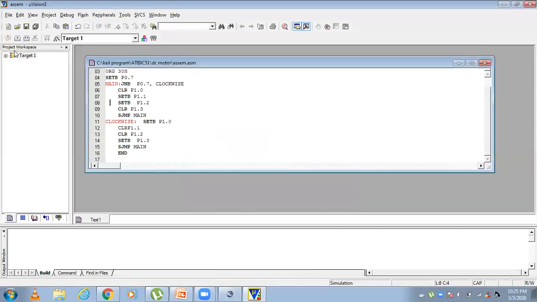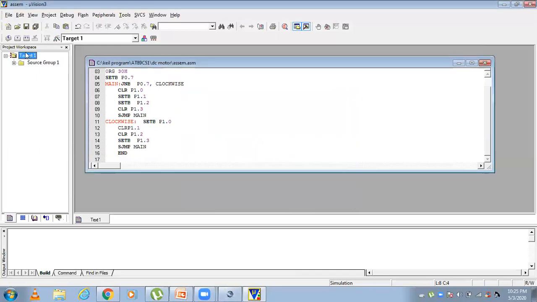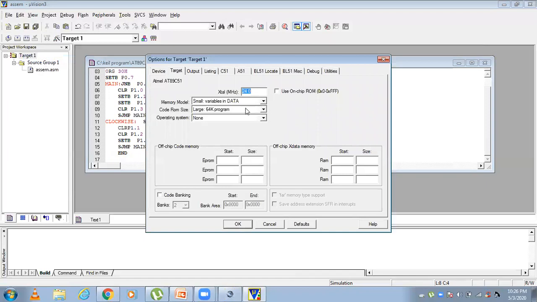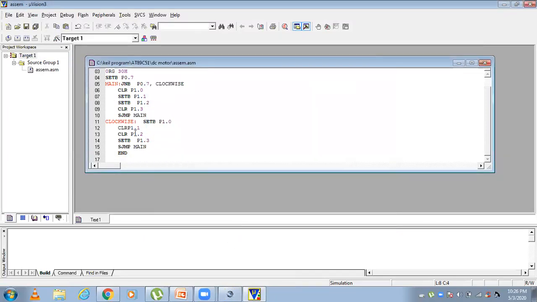Now click here to add the source group. The next step is to right-click the target and open the options for the target. Here click output and create the HEX file, because this HEX file only we are going to load into the microcontroller. Next, build the target.